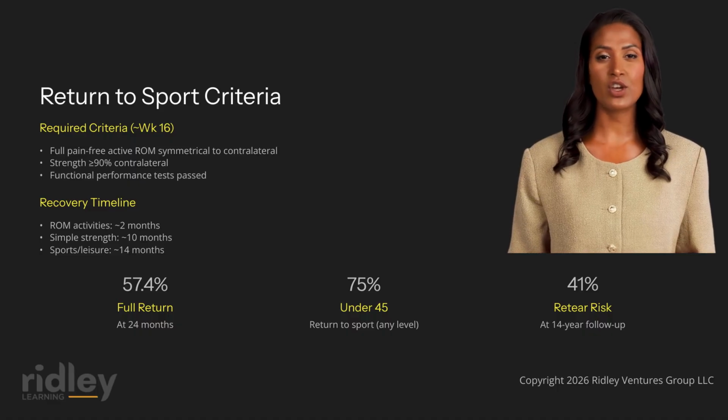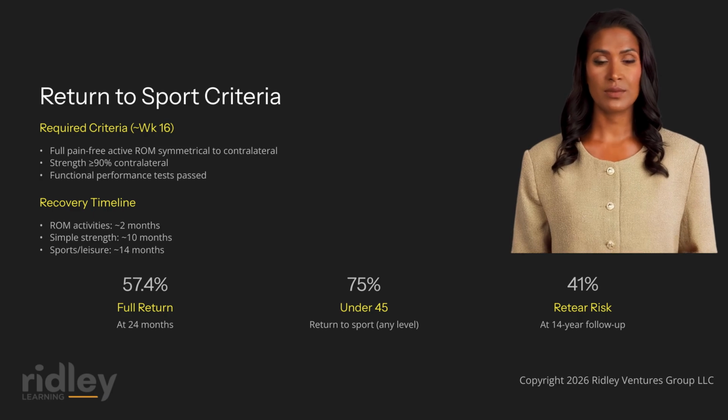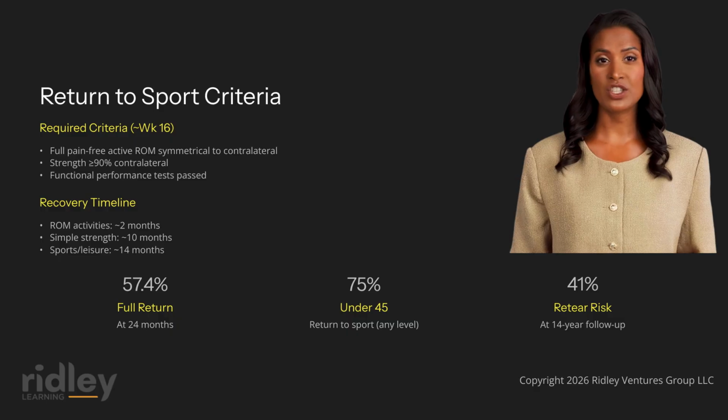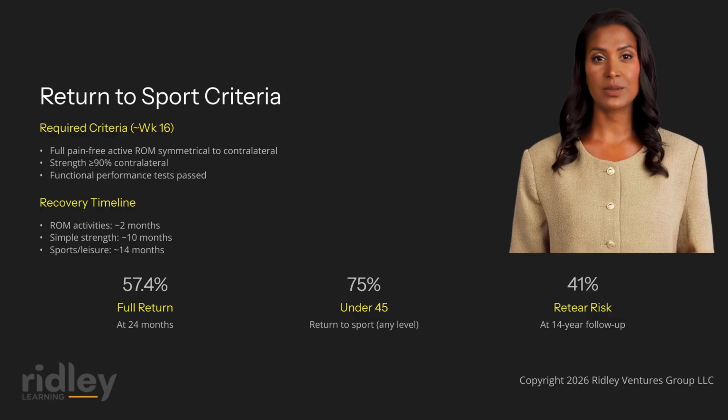A Swiss multicenter cohort study found that 57.4% of patients achieved full return to sport at 24 months, with favorable prognostic factors including traumatic injury etiology, which modestly but reliably increased the likelihood of full return, high motivation to return to sport, which similarly showed a modest but reliable positive association, and low depression score at 12 months, which showed a small but consistently observed protective effect. This patient's young age, traumatic etiology, high motivation, and absence of comorbidities are all favorable prognostic indicators for return to